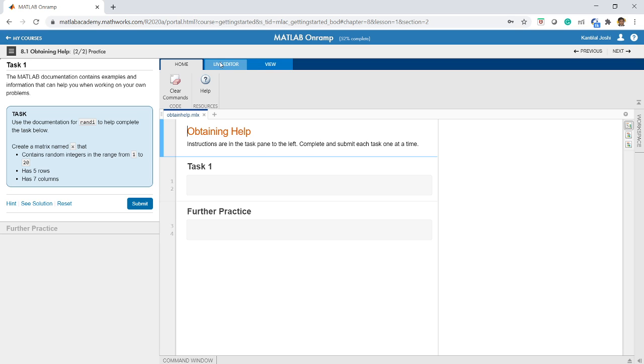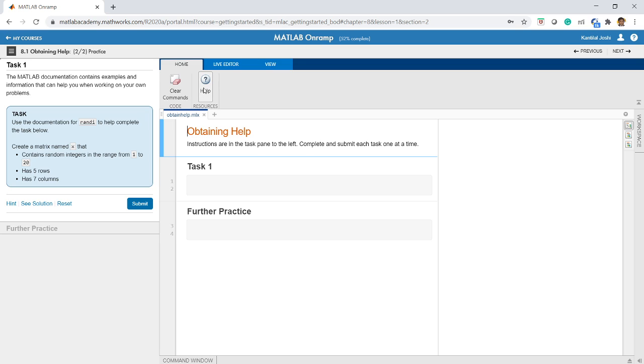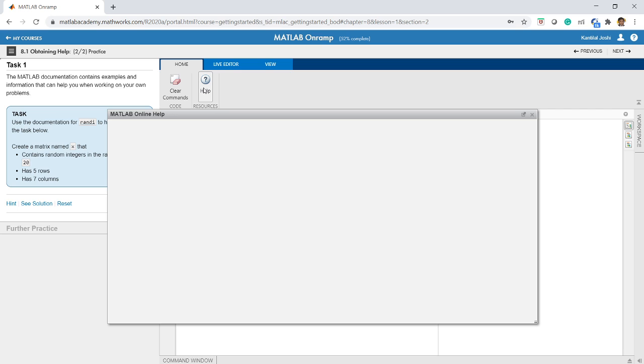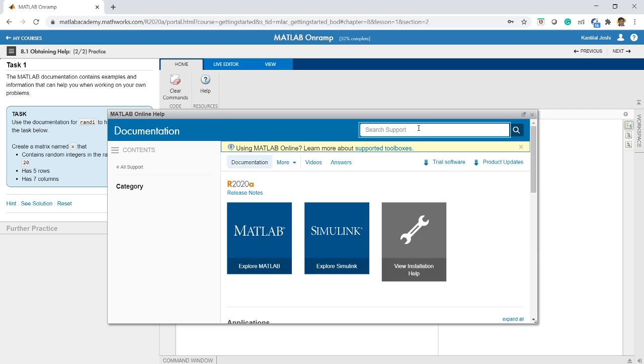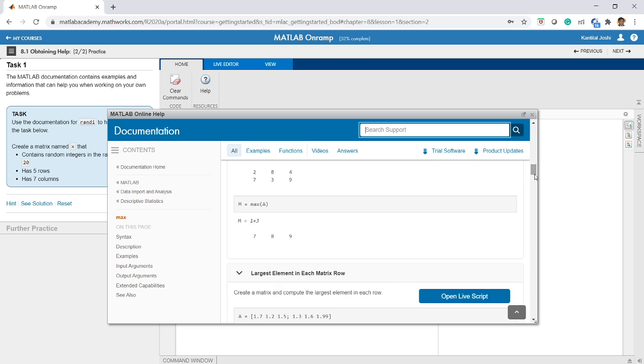Here in the editor, which I am accessing at home, I have this help, and in this help I can click on the function name. For example, just now we have seen the max function and min function. If I simply type max, it will tell me what functions are available, right? If I click on this, I get an idea about that max function and some examples also. It will tell me how we can use the maximum function, what different outputs we can get, how to calculate the index, etc. So this is a very handy tool in MATLAB which can be used anytime, right? This has to be kept in mind.